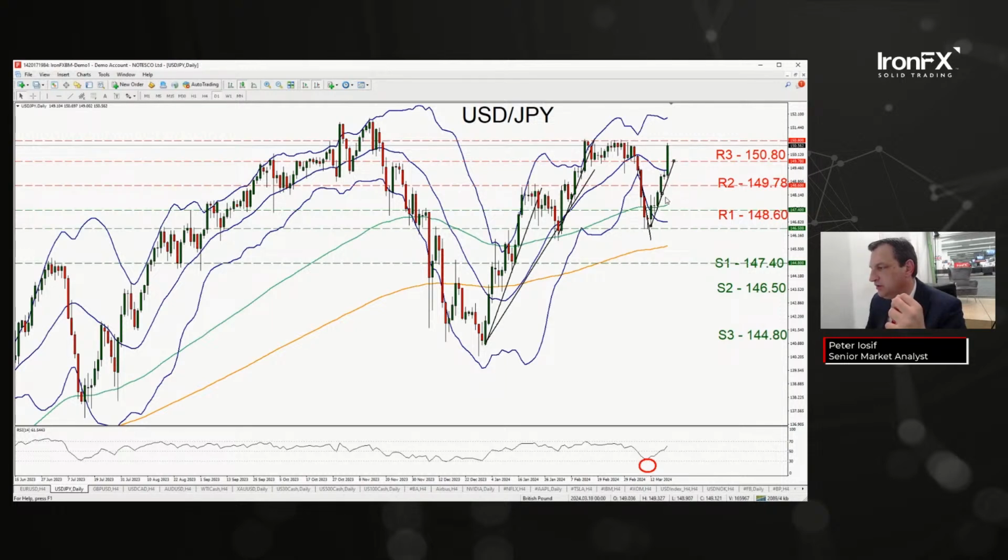But the interesting element of the pair, in my opinion, is the fact that the price action or the bullish movement was accelerated during today's Asian European session. We have a long green candlestick right here, aiming for the 150.80 resistance level which provided resistance here and here. So that tends to remain quite bullish. Let's have a look where that could go should the R1 be broken. There's another level here, which is also an all-time high